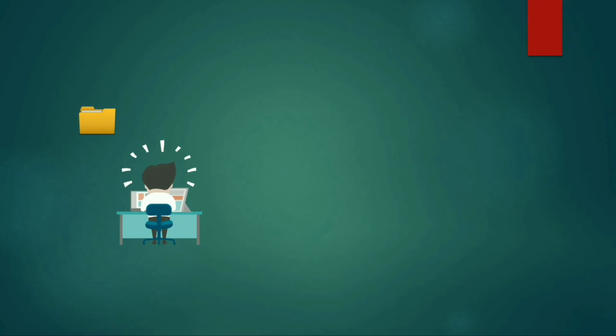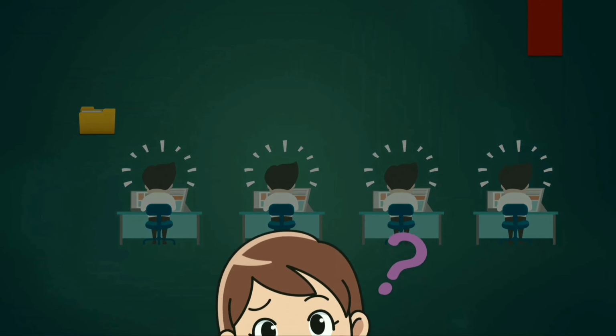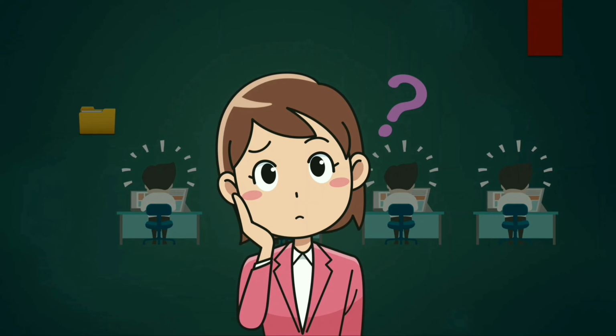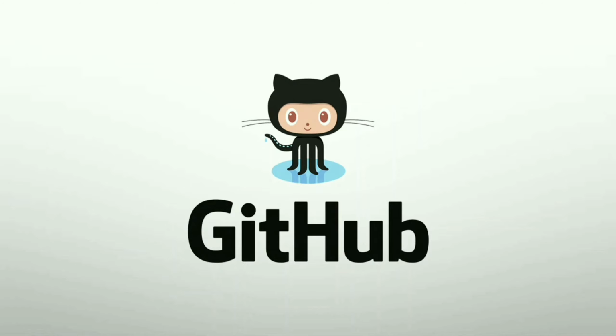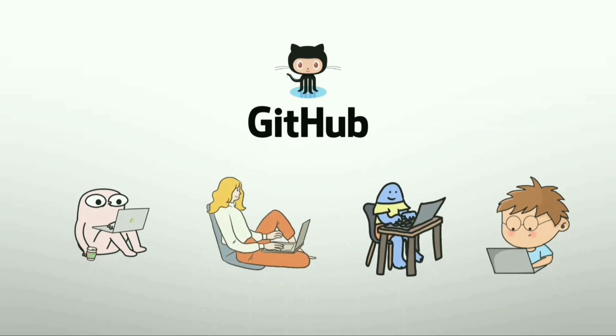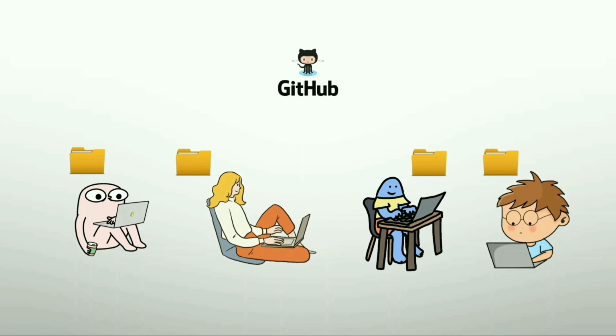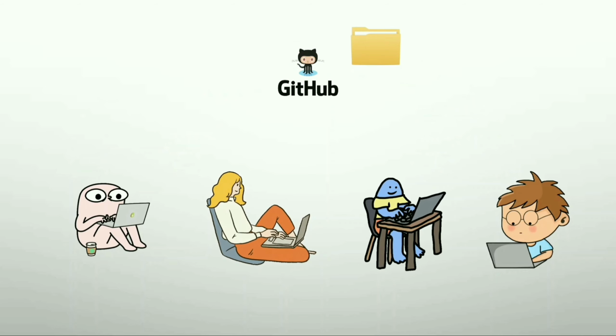Let me give an example. You are working on a project and Git is maintaining different versions of your project. But what if you are working as a team and each member of the team has to contribute to the project? If you are working in a company, then definitely there will be multiple people working on the same project. That's where GitHub comes into play. Each member of the team can work on a feature locally on their computer using Git. Once their part is done, they can push it into a GitHub repository. Repository is nothing but a folder containing the project files. Now other team members can access their code and can even modify it.